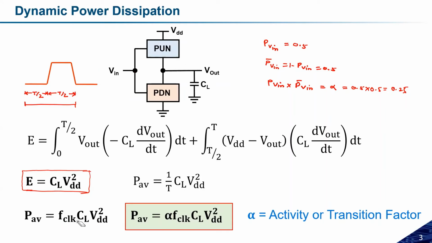Okay. So this is all about the activity factor, and that comes into the picture especially in dynamic power dissipation. Now let us talk about what the activity factor is. The activity factor is an important tool that can reduce the power dissipation drastically. By changing the input pattern of any circuit, we can change the activity factor, and if we are able to change the activity factor, the power dissipation will be reduced.